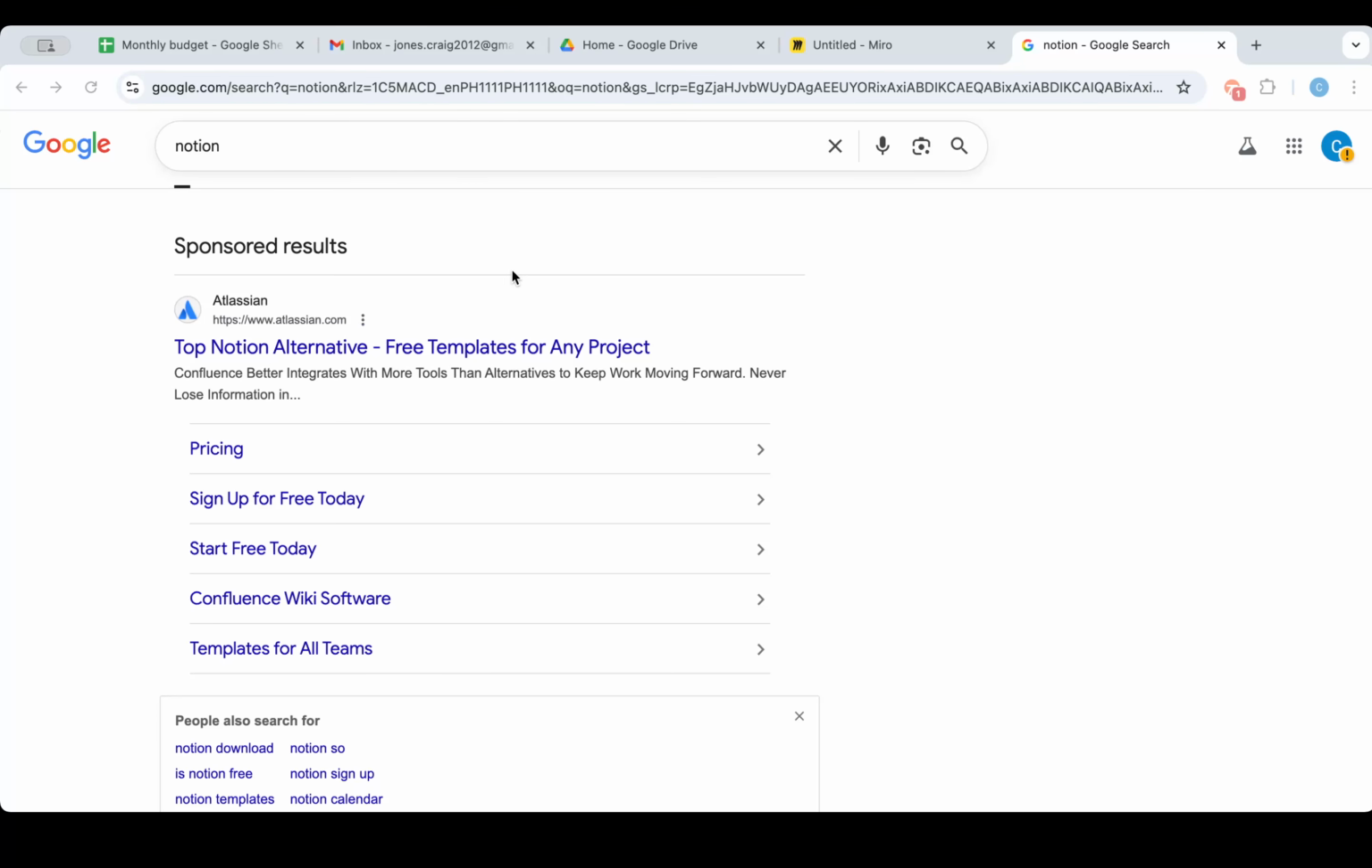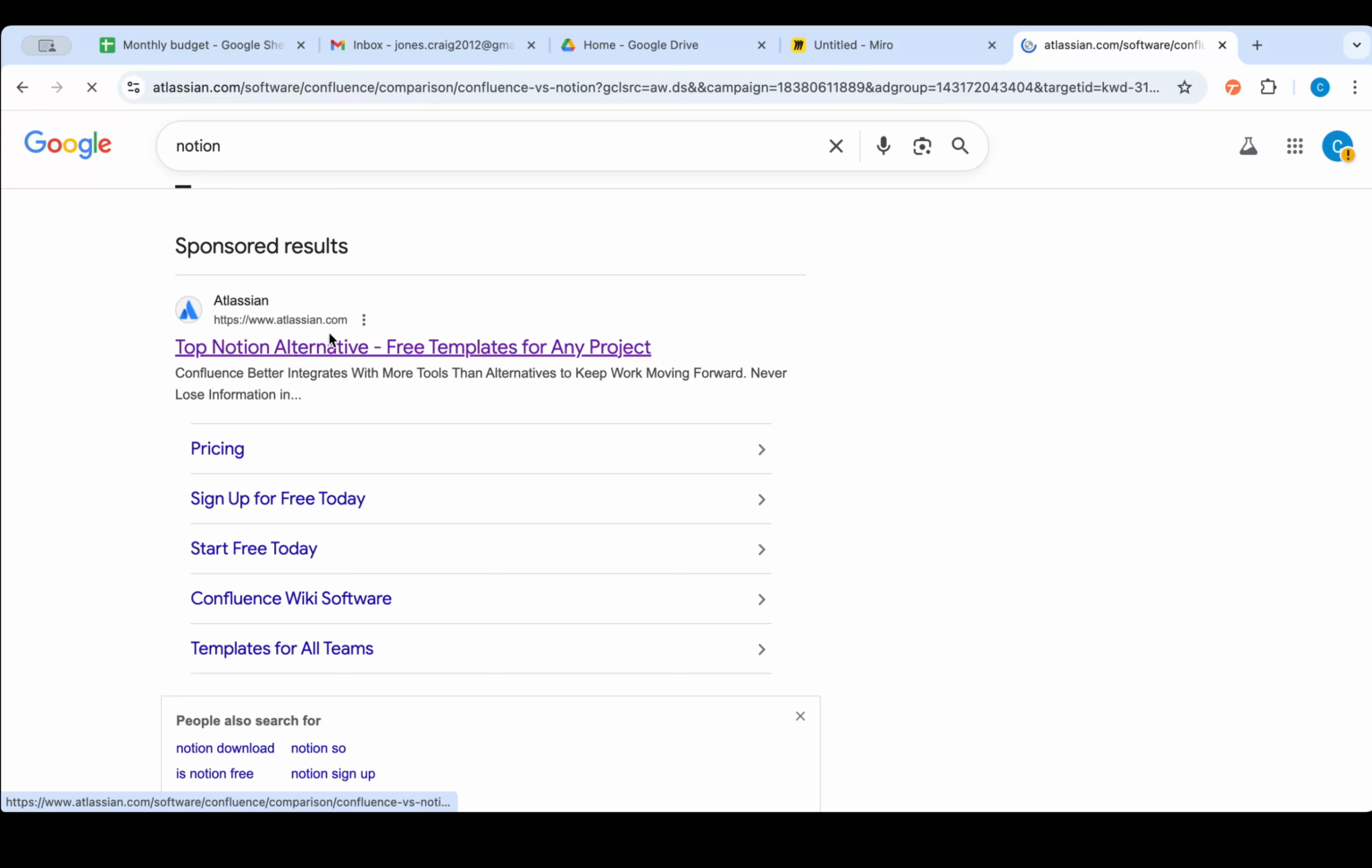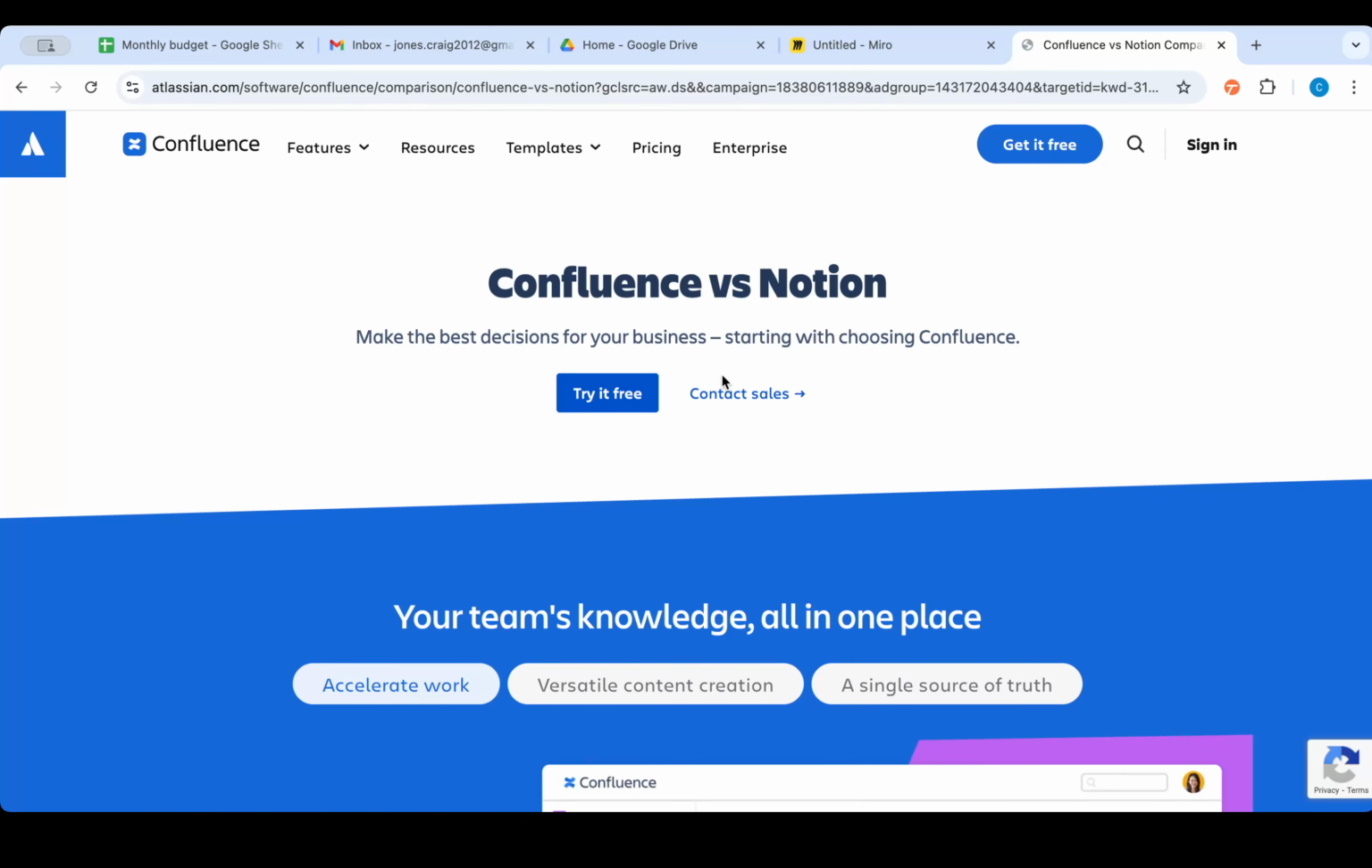a process as possible. To get started, open your preferred web browser and search for Notion. The first result will likely be the Notion website or a direct link to their features and templates. Click on the link that invites you to explore templates for any project. This will lead you to Notion's homepage, where you'll see a variety of templates that could inspire you for your